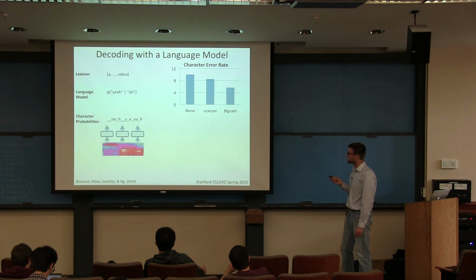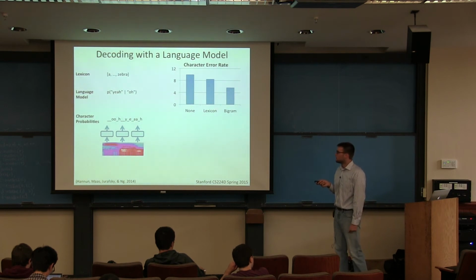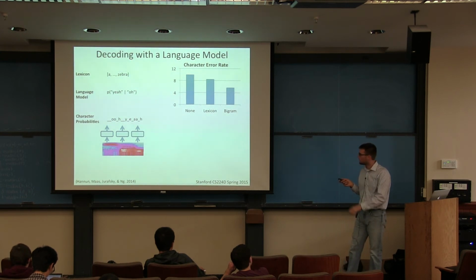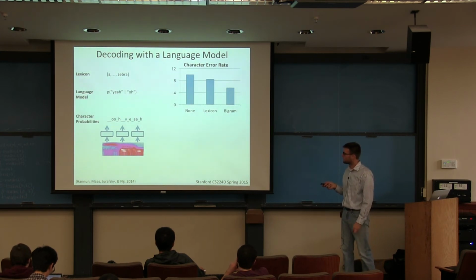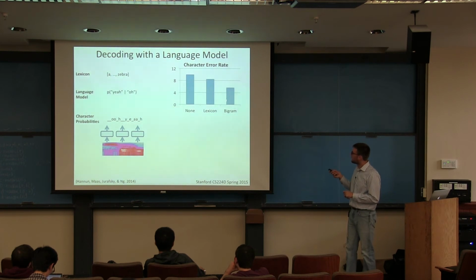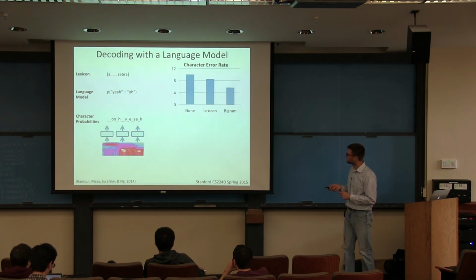So you can set this up, but the way that this was implemented, it would be fairly non-trivial for us to use anything beyond a bigram model, because it impacts how your search algorithm has to look backwards and forwards in time. But again, fairly small improvements in character error rate between